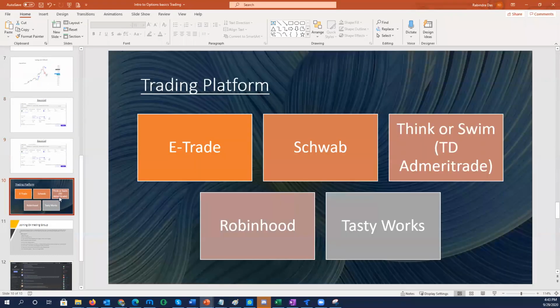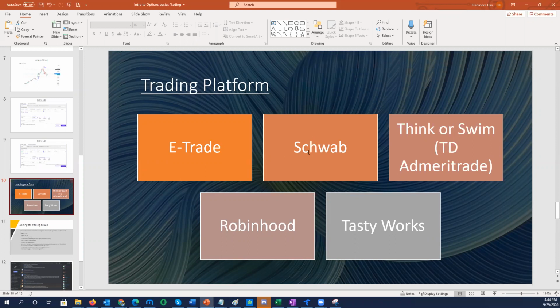Next one is the trading platform. So which trading platform would you use? E-Trade is the number one for me. Maybe for someone else it's different, but they have a lot of features. If you want to trade options, you have to get into E-Trade, because it's not just buying an option, it's managing your options: closing, modifying, adding more options, rolling an option, creating a debit spread, a credit spread, all this stuff. So you can actually use this platform very easily.